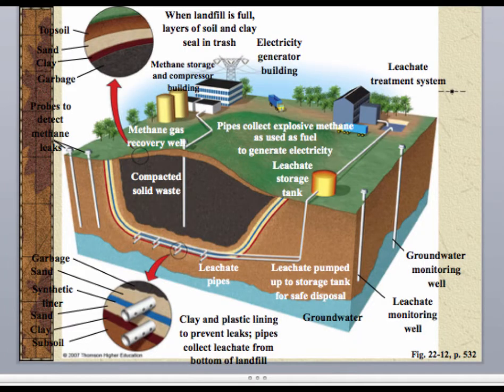The next thing that you need to know for the AP exam is going to be the anatomy of a landfill. And I'm going to go over more specifically in a moment with a different picture. But here you see a landfill where you have the solid waste here, and then you're going to have some components here that you need to be familiar with, as well as up here on top. But most solid waste is buried in landfills in the United States.